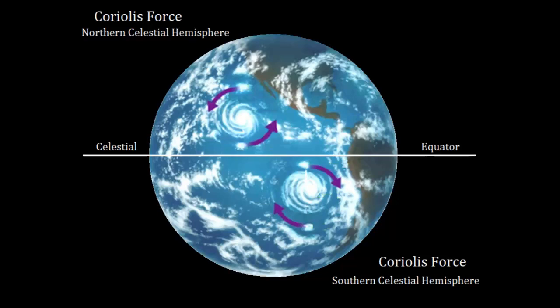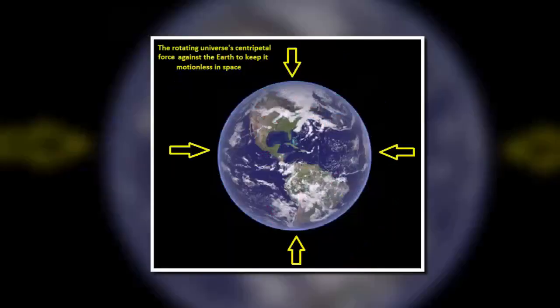Moreover, as we noted earlier, the combination of the stronger Coriolis force and the weaker centrifugal force will produce a net centripetal force, and since these inertial forces are ubiquitous because they are generated by the rotating universe, the result is that centripetal forces are coming in a radial direction towards Earth from each quadrant of the universe. As such, this force also helps keep the Earth from moving. It will be completely at rest.